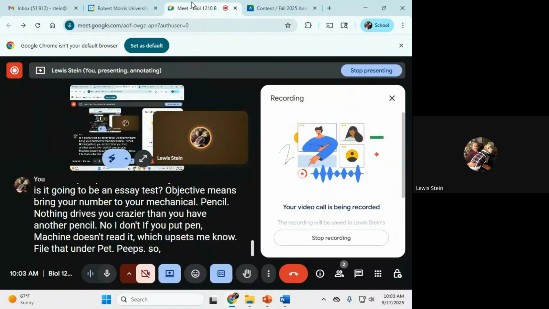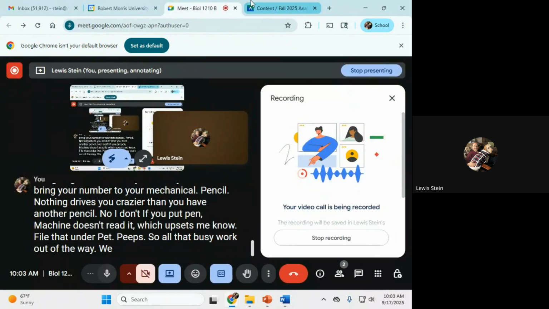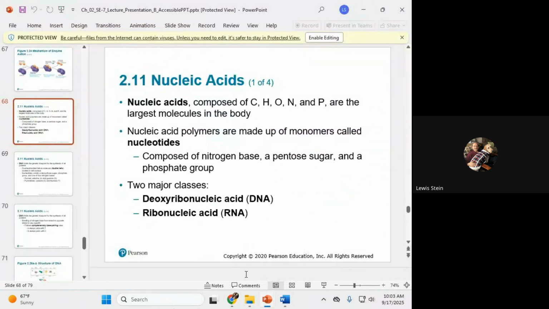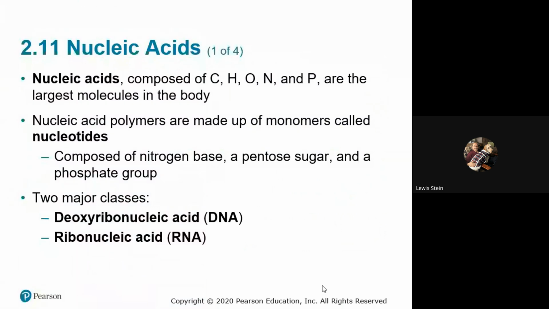So with all that busy work out of the way, we begin. Again, look for content, look for emails. I try to be as on top of that as possible. And now we will conclude what we began earlier, which is the end of this biochemistry unit, which begins with the nucleic acids. Again, they are the important point. Nucleic acids and amino acids. Nucleic acids are the